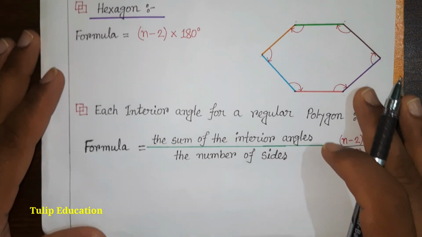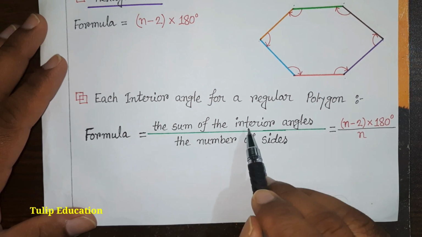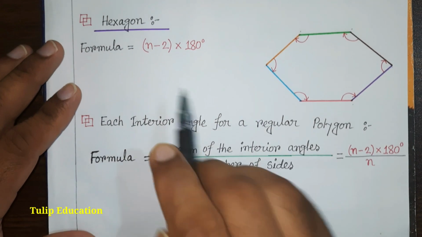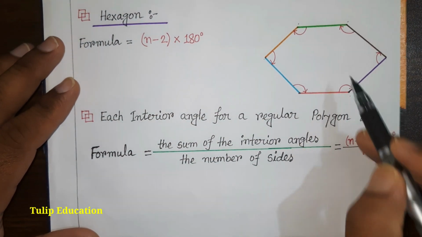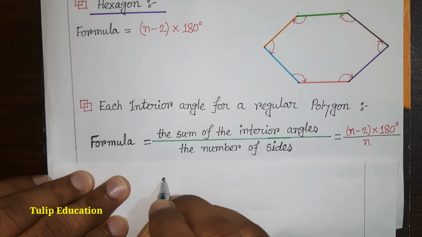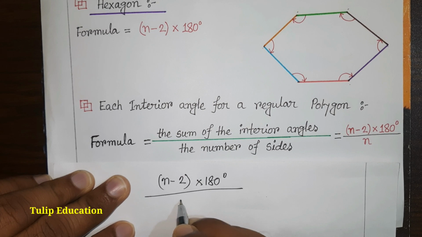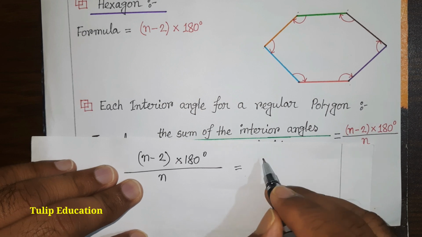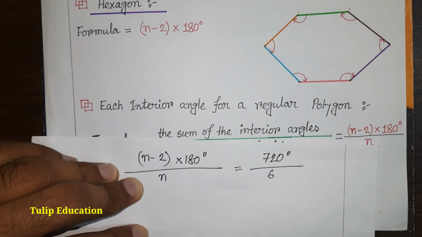And what is the formula? The formula for each interior angle for a regular polygon is the sum of the interior angles divided by the number of sides. That means sum of the interior angles, that means (n minus 2) multiplied with 180 degrees, and the number of sides, if we consider hexagon, will be 6. So we can easily calculate. So the formula is (n minus 2) multiplied with 180 degrees divided by the number of sides, that is n. We get for hexagon the summation of total interior angles is 720 degrees and the number of sides is 6. The result will be